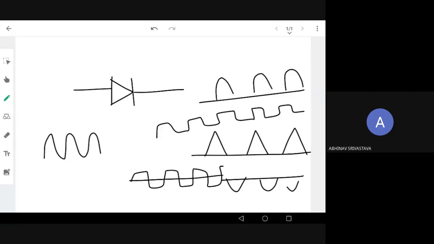These different circuits, where you get different wave shapes at the output, are called wave shaping circuits. They are basically designed using diodes. Different diode circuits are the clippers, clampers, rectifiers, half-wave rectifier, full-wave rectifier, bridge rectifier, etc. These are the basic things. There can be some general circuits also, which you need to study to plot the waveform: the current versus voltage waveform, input voltage versus output voltage waveform, etc. So this is the first part.